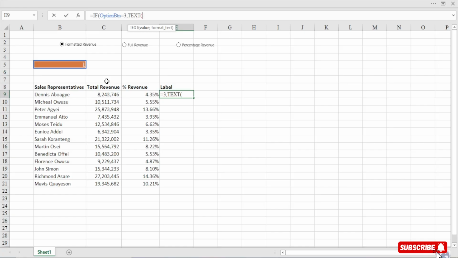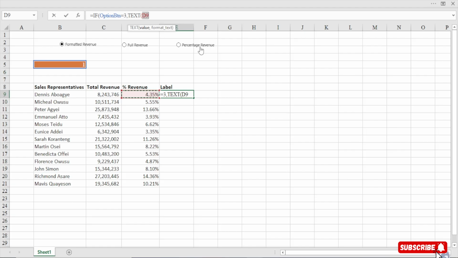So if it is equal to 3, then it means that you have selected a percentage.